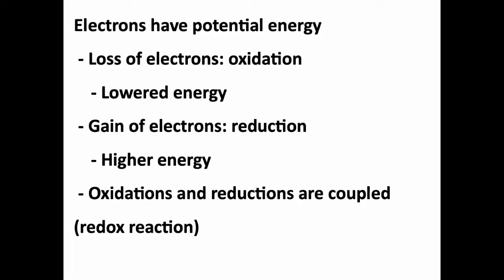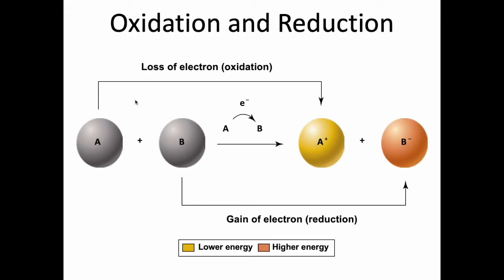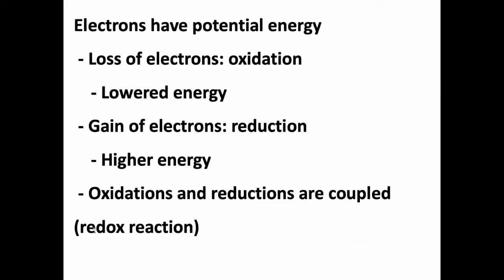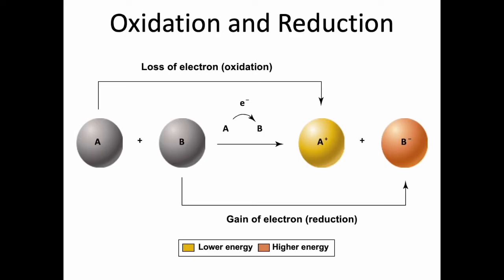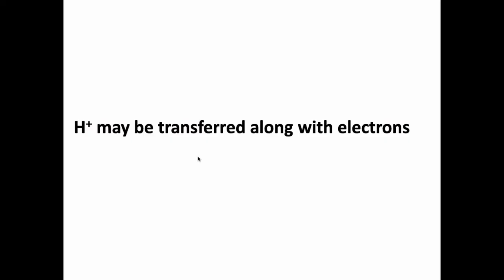Now, really what we're caring about in these redox reactions is the electrons, because that's the energy. It is worth noting, though, when we have redox reactions, oftentimes hydrogen ions will be transferred along with the electrons. So we're going to see examples of redox reactions, and we're going to see H plus just sort of pop out of nowhere. They're just transferred along with the electrons. So if you see H's appear as we do redox reactions, they're just coming along for the ride. Really, what we care about is the electrons. That's where the energy comes from. But I wanted to note this. We're going to see H is moving around too.